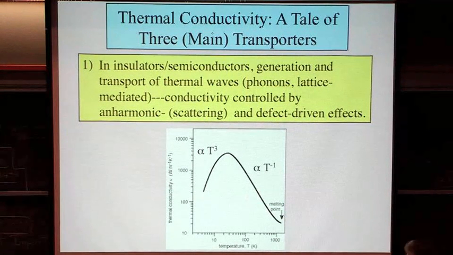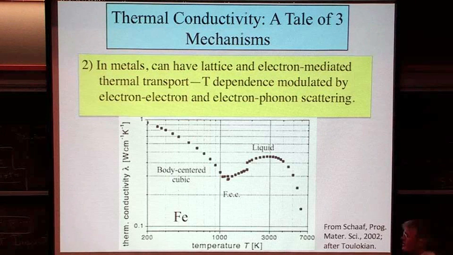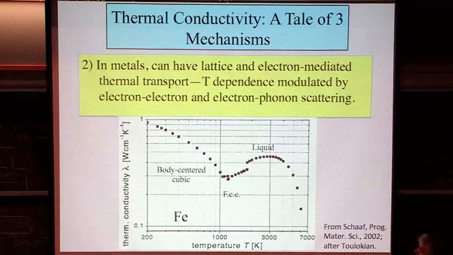Okay? If we look at another mechanism, this is the temperature dependence of the thermal conductivity of iron as you heat it up. This is a fairly complicated material, actually, in a lot of ways, and also of obvious geophysical importance. So in this instance, as you heat this stuff up, you get a characteristic, more or less 1 over T drop off in it. But the thing with iron and other metals is that you have both lattice and electron-mediated thermal transport. And later on in the talk, I'll show the relative partitioning between how much heat is carried by electrons versus how much is carried by vibrations.